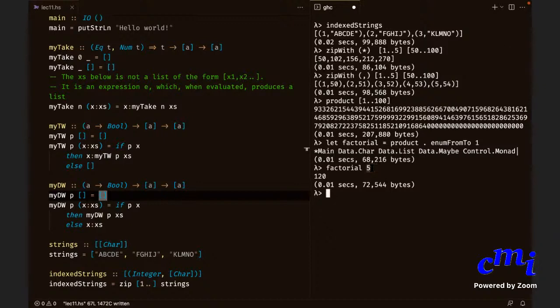And then I compose that with product, which means that I'm doing product of enumFromTo 1 n. Factorial n is product of enumFromTo 1 n, and instead of writing it that way, I'm just writing product dot enumFromTo 1 and dropping the actual argument.